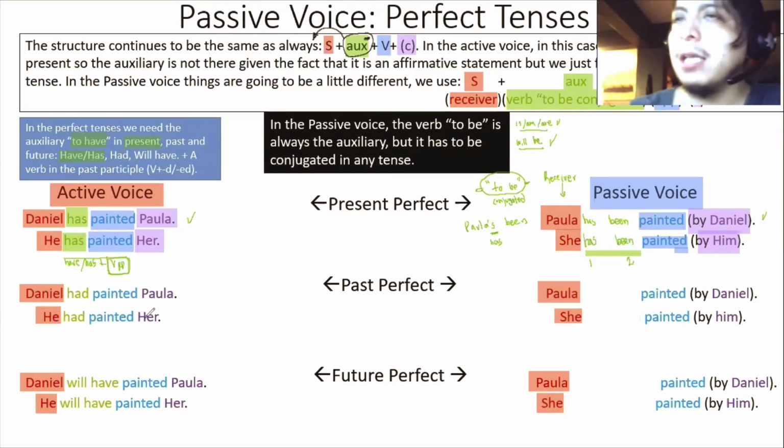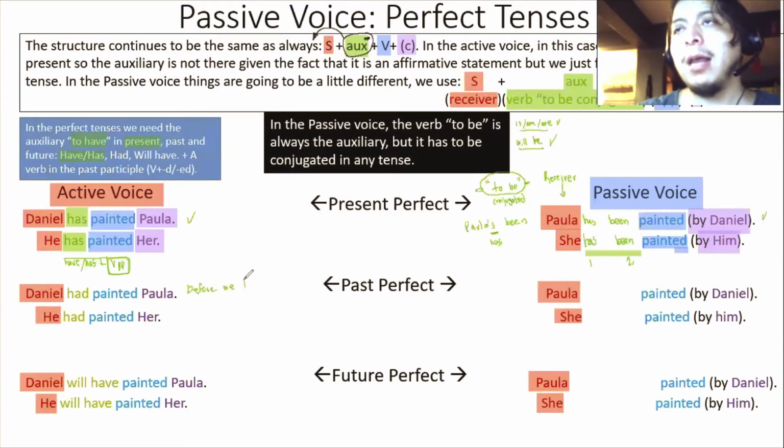So in this case, well, Daniel had painted Paula. It means that Daniel in the past had done this. He had painted Paula. Not anymore. He's not doing it, but this happened previous to something else. Yes, this is a finished action that happened before something else. Daniel had painted Paula before